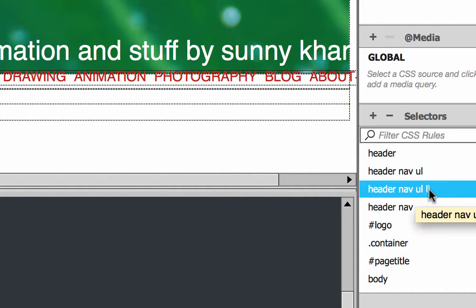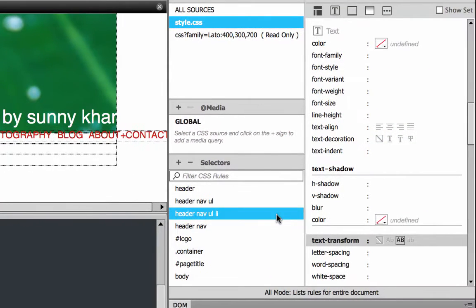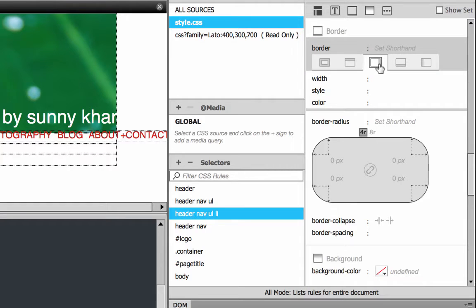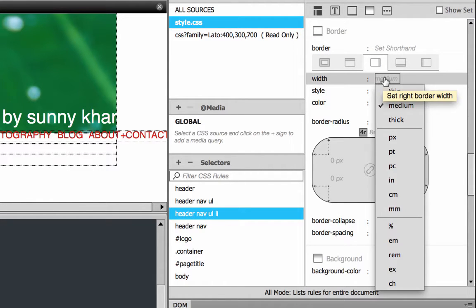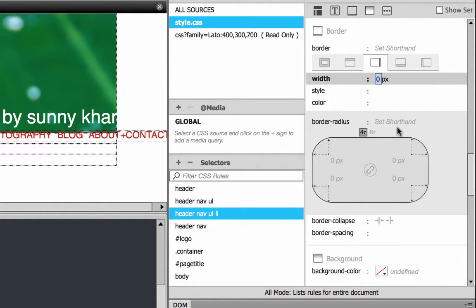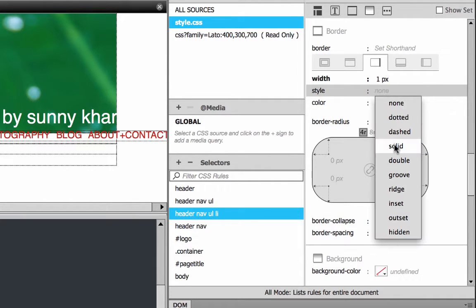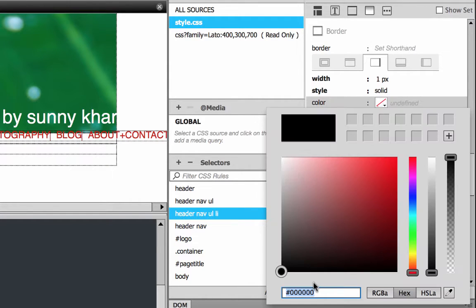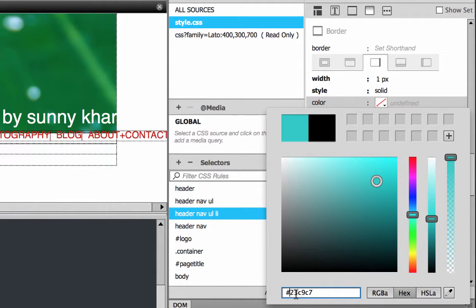So again, I'm staying in the same selector, list item, where I added all the margins and everything. So up in my border properties, I'm going to add a right side border. My width will be 1 pixel. Style will be solid because I want a solid line, and the color will be this. I just need to add the hash sign in front of it.